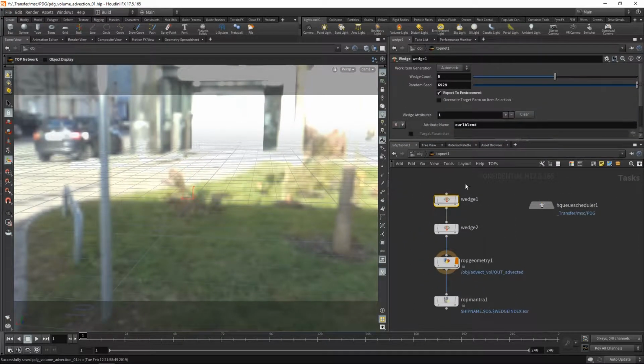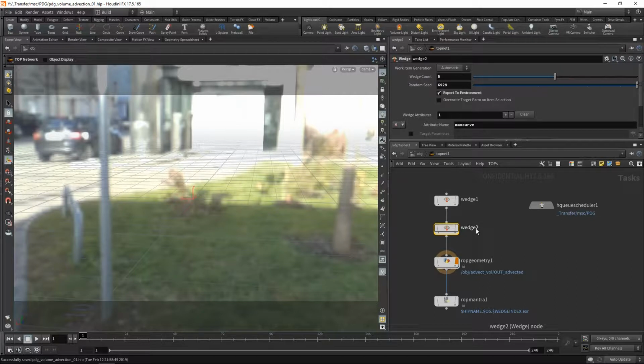And I deliberately set my wedge counts to be 5 by 5, so I'm only generating 25 permutations and variations here. Because what you want to do, as with everything that you send on a farm, is test it before you submit it. You know it from your renderings, you just send out something, go home, come back the next day, and most of the frames are black, have some error in it, or are just not rendered properly. So please make sure before you commit and before you send this to a farm, just run a small test